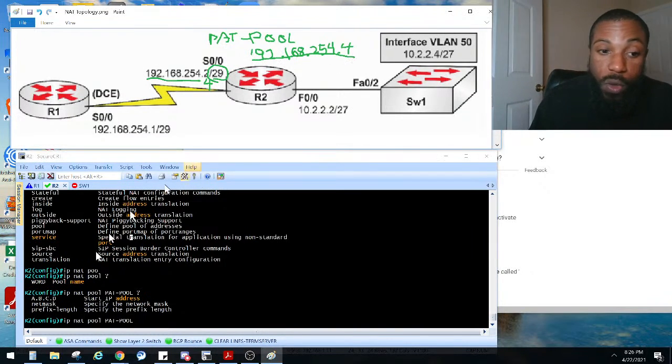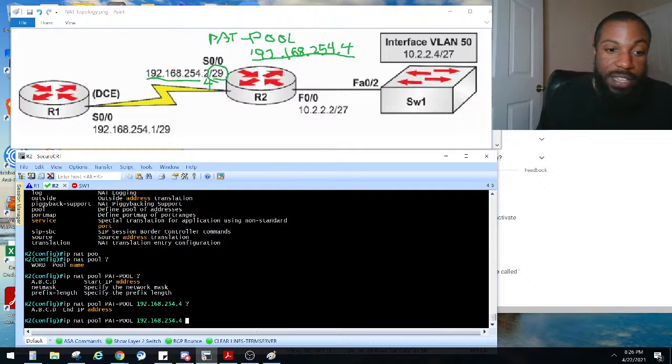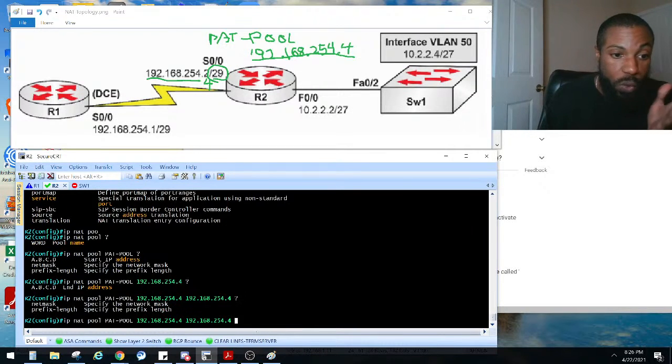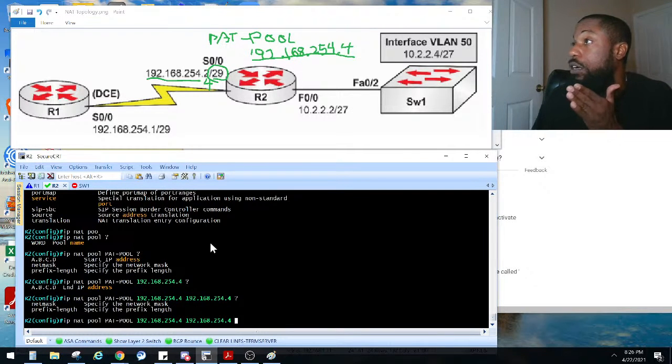So we said the starting address was, and the ending address was going to be the same, which was this right here, 192. So he says right here, what's the starting IP address? 192.168.254.4. He says, what's the ending address? Well, guess what? It's the same thing. So I can copy and paste at this point, right? Space. And he says, what's the network mask, or the prefix length? Well, they said in the book,